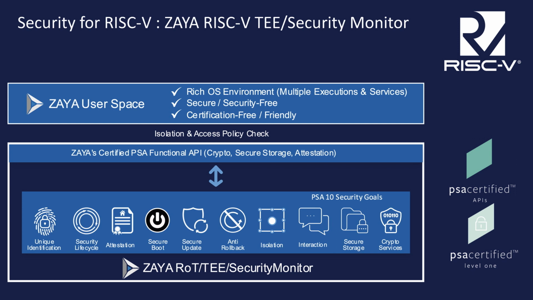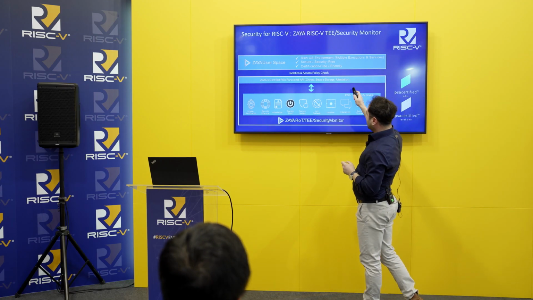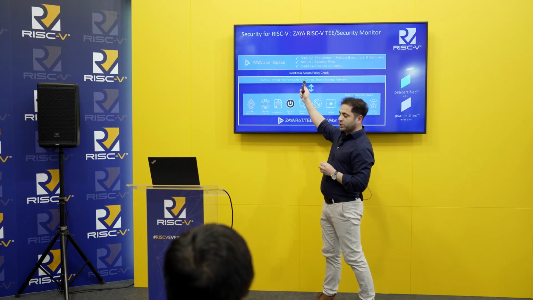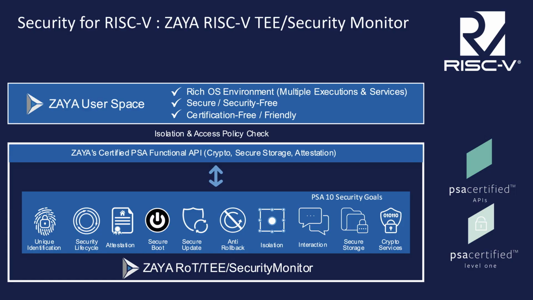And it handles all security requirements in this space. For example, the security requirements from PSA, like it should handle security lifecycle, secure boot, secure update, anti-rollback protection, whatever. And ZAYA also provides a standard API for crypto, because you know there are lots of APIs like Mbed TLS API, wolfSSL, OpenSSL, whatever. All they are different, but PSA provides a standard API, and ZAYA exposes this functionality using the standard PSA API